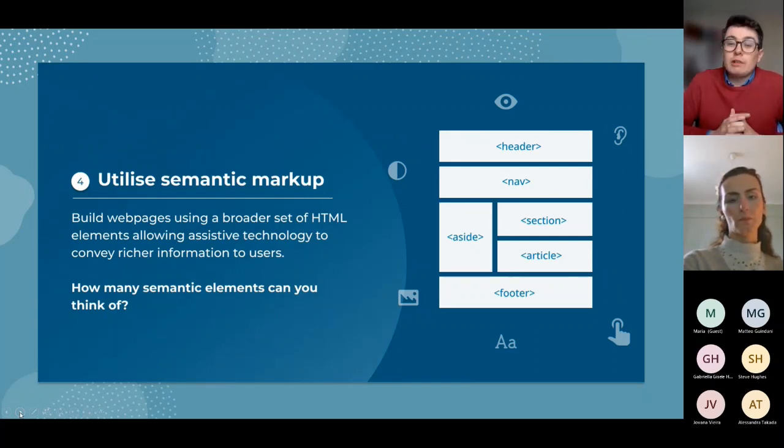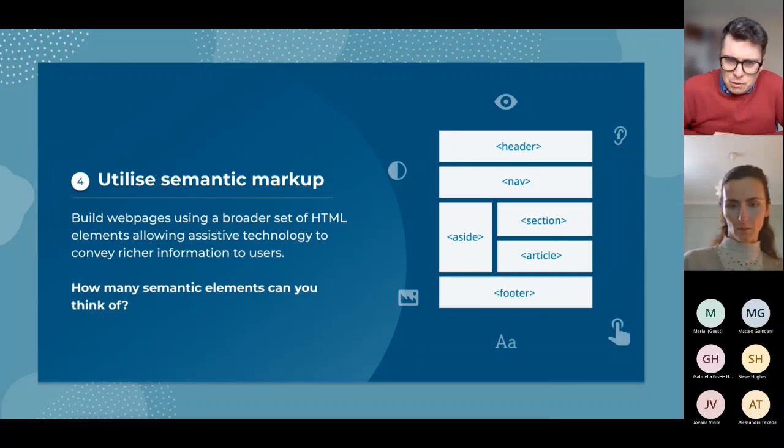Number 4, building on from that. One of the reasons why HTML is so powerful, particularly the current specification, is that we have a large variety of semantic markup. What that means is that the sections that make up your page can have some context. So the thing at the top might be called a header. The thing underneath might be called a nav. You might have a sidebar within an aside. You might have a footer, an article, a section, and there's a whole variety of different markup context that you could use, whether it's the roles or the attributes, or whether it's the element itself.